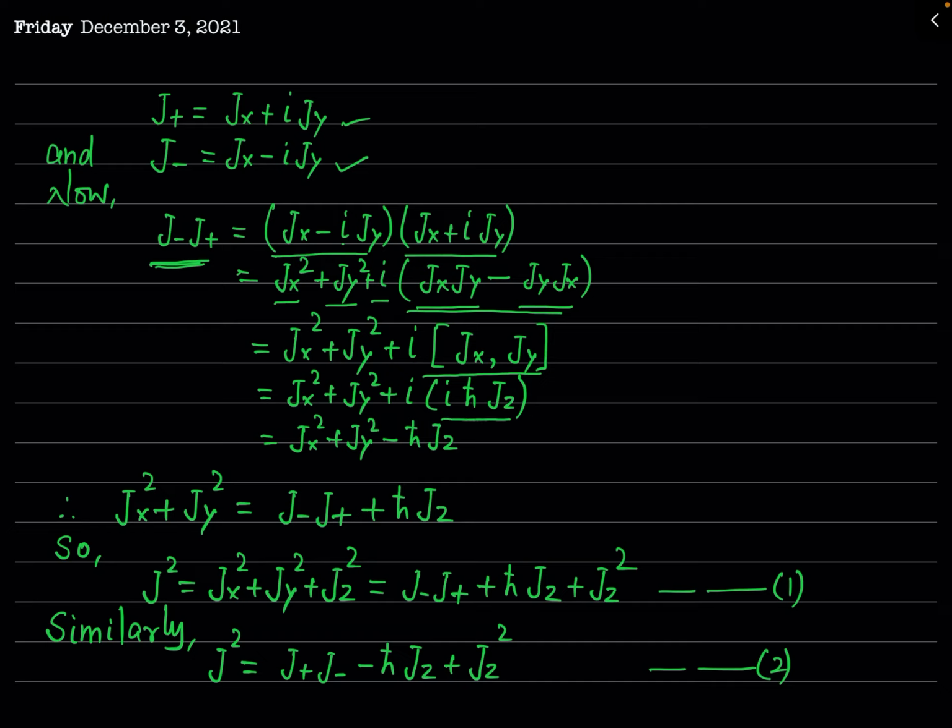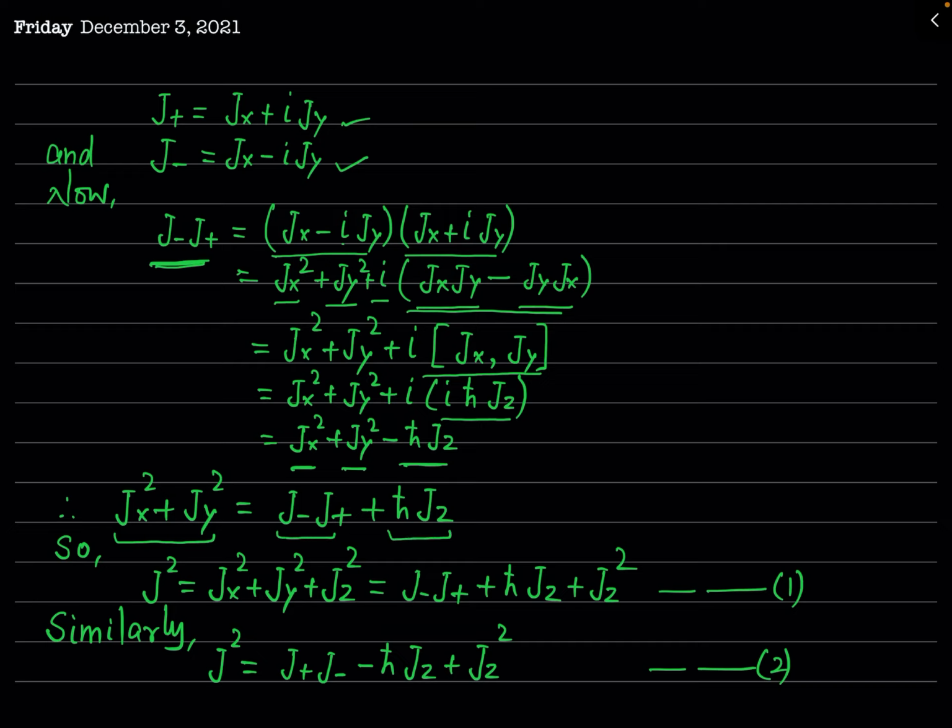So this I square will be now minus 1, so this result becomes jx square plus jy square minus h bar jz. So you can see that we have obtained this j minus j plus operator is equal to jx square plus jy square minus h bar jz. So from here you can see this jx square plus jy square will be what? This will be j minus j plus